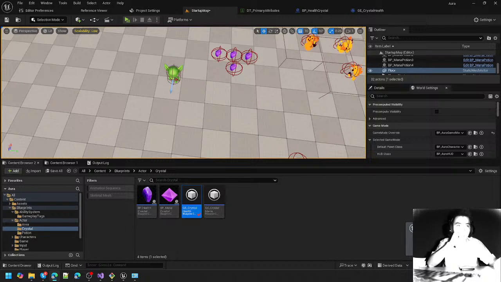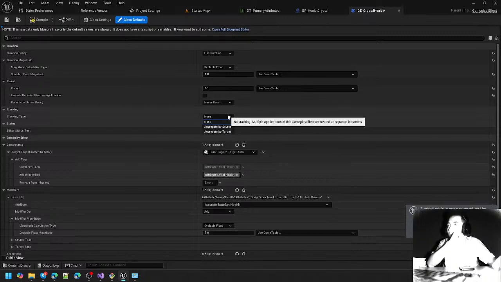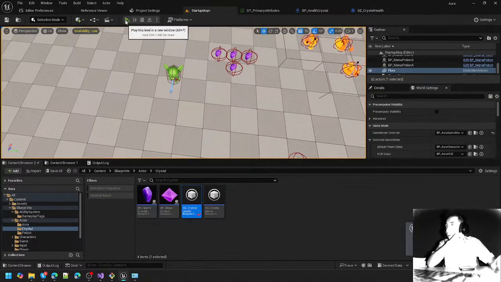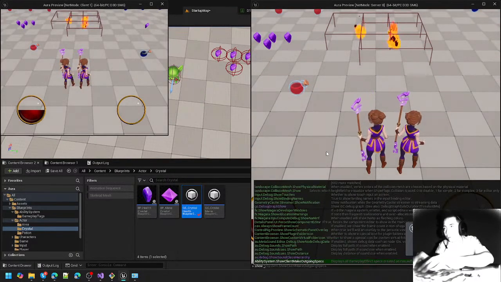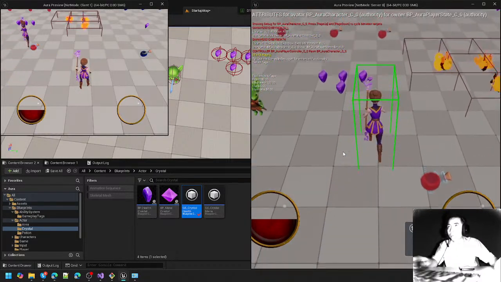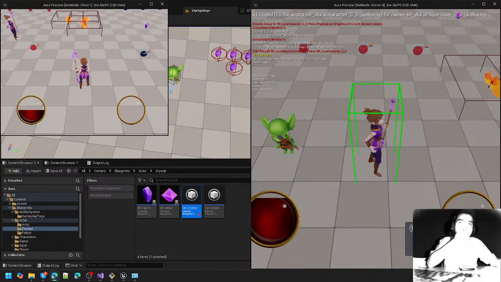and then it went down to 2 and then down to 1 when those effects expired. So that's a key difference between